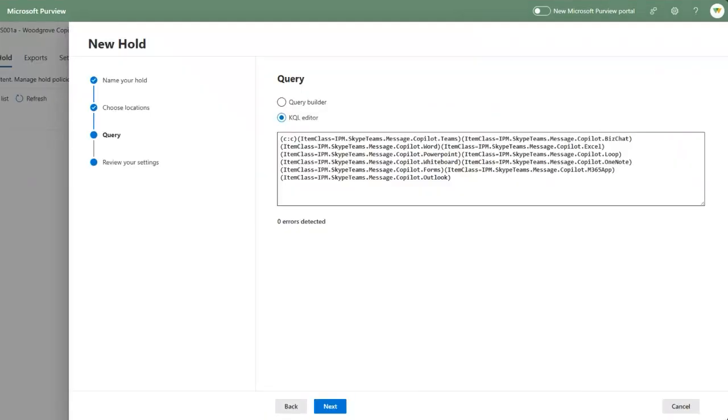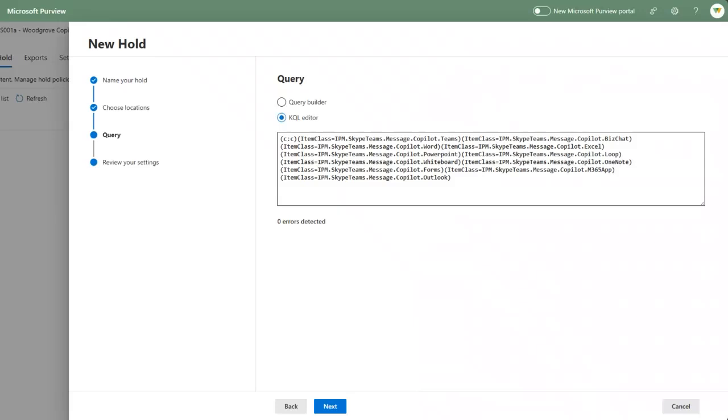And then once I've done the search query, it's again very similar to when we were in the query builder. I didn't show these slides here because we just went through it on the slides before, but again, same thing where I choose the type, expand my search, choose Copilot. But then here I go back and click on the KQL editor before I begin doing the hold, where I could then go back and narrow my hold on Copilot interactions. So maybe I want to just focus around certain specific applications I want to put the